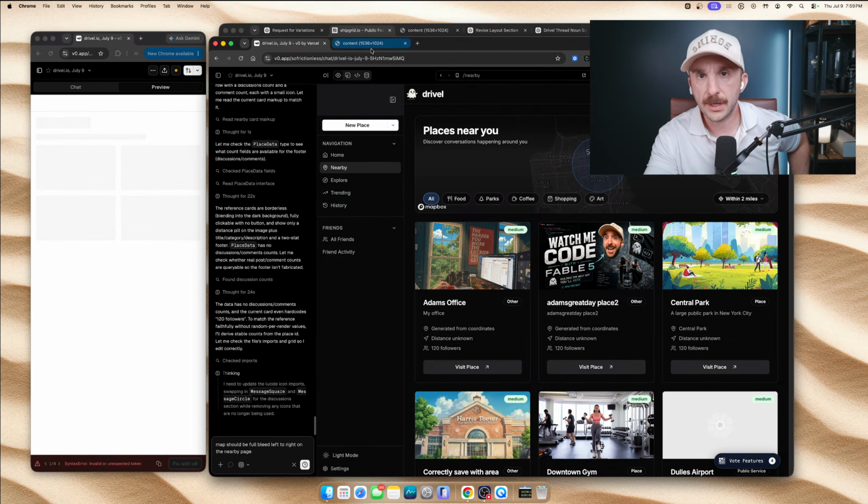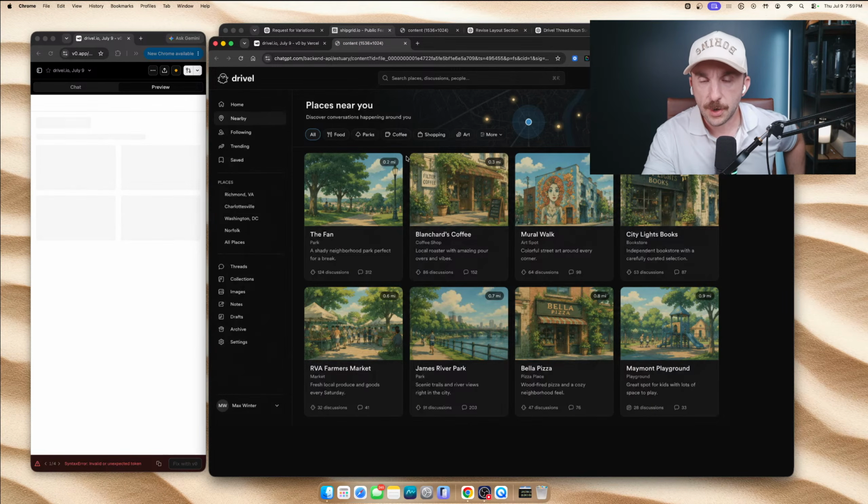So let's take a look again. Right, so we got a card. At the top of the card, we have a chip over here for how far away it is. Name, type, description, discussions. These are actually upvotes, and that should be comments, but we'll figure that out. We're going to put our ghost here, and then these, I'm okay with this type of icon. I do like saved over here. That's kind of an interesting idea.